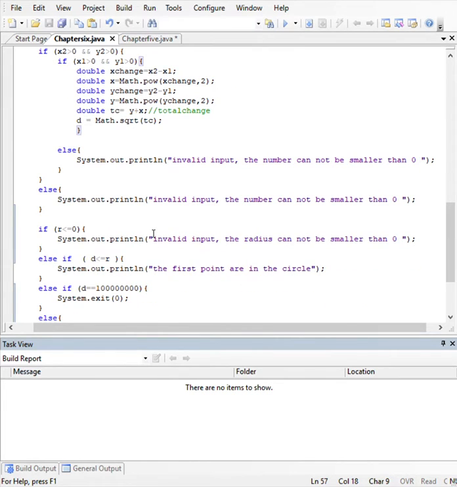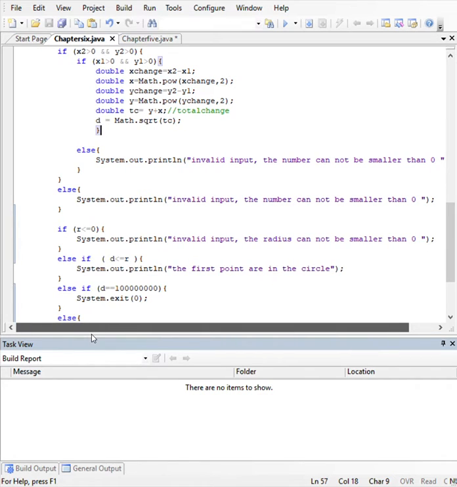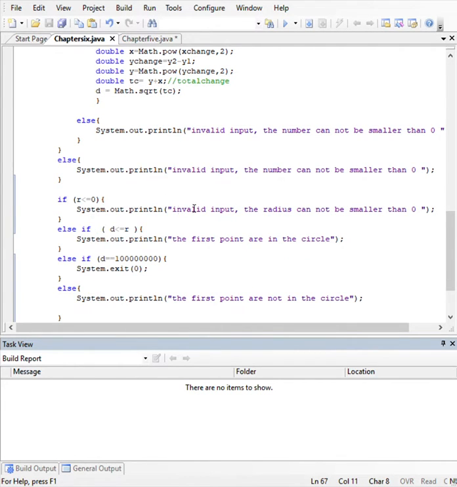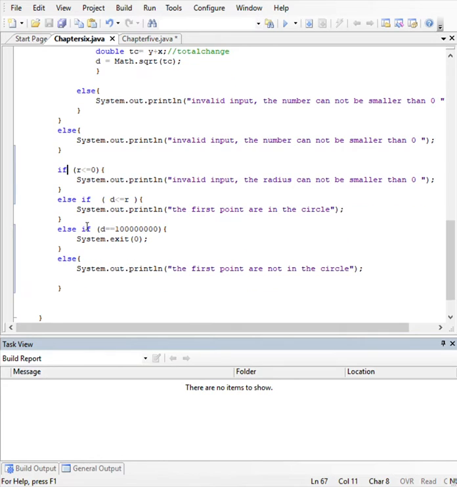After that, we have the distance, and we need to check if it's inside the circle or not. So first check, again, r cannot be 0. So here I have an if that checks whether it is smaller than 0, and if it is, then it will show the same thing. Also, if the distance is bigger than 0 or is smaller than r, then it will show the point that's inside